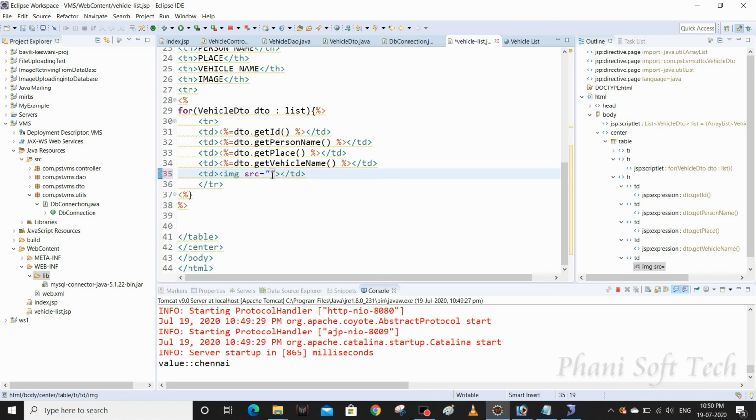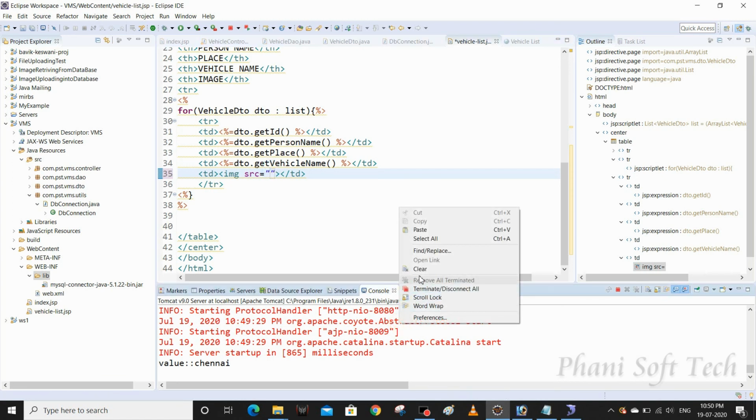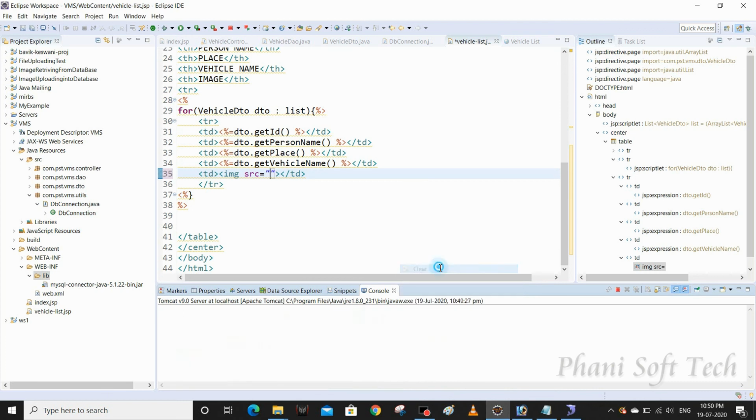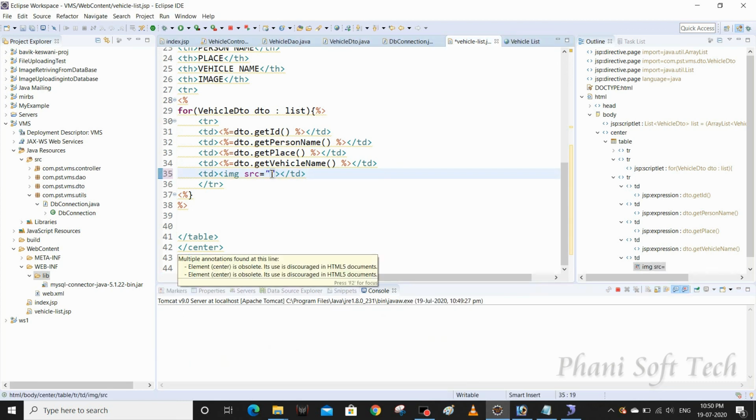So SRC. In the previous tutorial on multi-image retrieving, we used one servlet to download the image, and we passed that servlet URL. Instead of that, I am going to give the encoded image here.